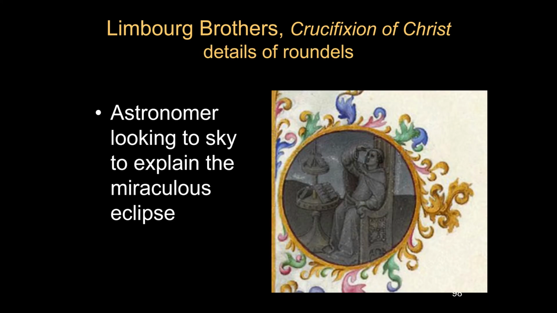Now, you might have noticed that there were these little round shapes, and they have some other scenes that relate to the main image. In one of them, you have a medieval astronomer. We know he's an astronomer because he's looking up to the heavens, trying to figure out what's causing this eclipse. You will remember that they did sometimes think that things going on in the heavens, whether they were comets or eclipses, were certainly messages about important events, of course, in this case being the death of Christ. So the astronomer is looking up from his studies, looking up into the sky.